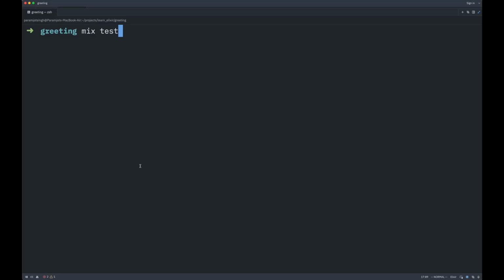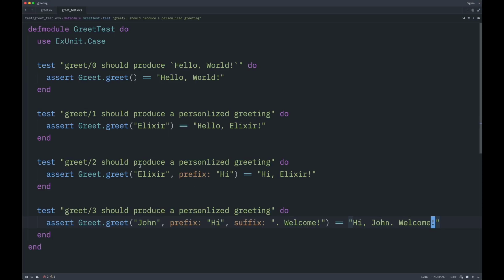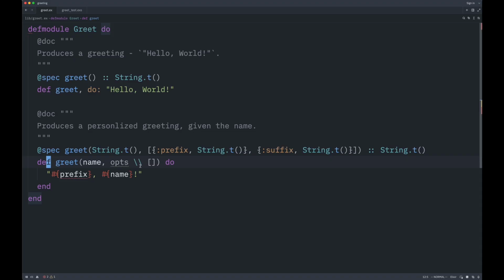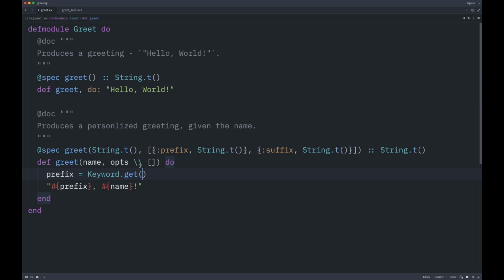So just going back to our console, and if I run mix test, it's going to complain a lot of things because we have undefined variables and haven't done our implementation. So let's go back to our implementation file, and our first step will be to extract the prefix and suffix, right? So prefix will be, since it is a keyword list, we have a module called Keyword, and it has a function called get, which will take the keyword list. In this case, we have the opts, take the name of the keyword that we want, and we want to extract prefix, and we want to provide